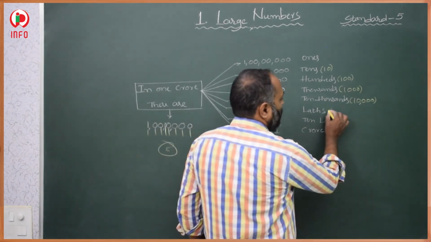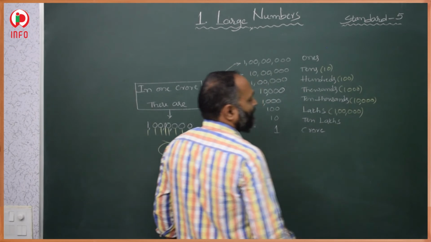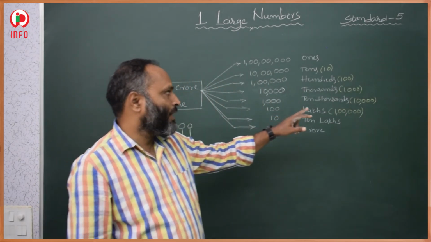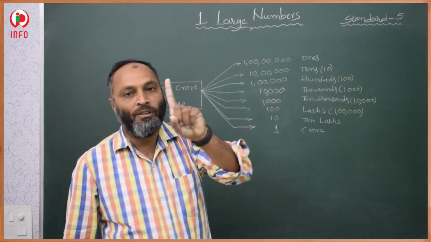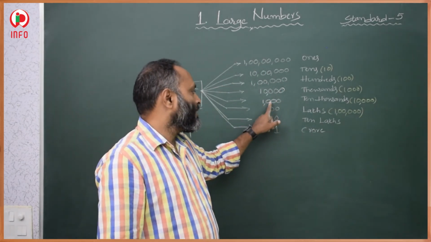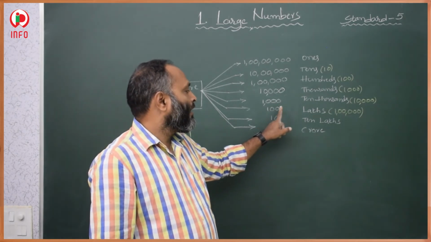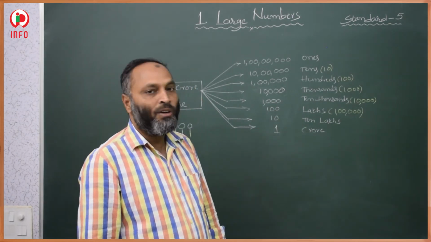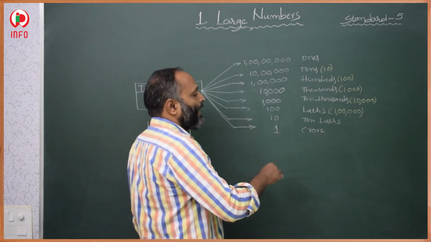In lakhs, how many zeros were there? In lakhs 5 zeros were there. It means we have to decrease 5 zeros from ones. So from 10,000 we have to decrease only 1, so already 3 zeros were there. After decreasing 1 zero we will get 100. So how many lakhs were there in crore? 100 lakhs.